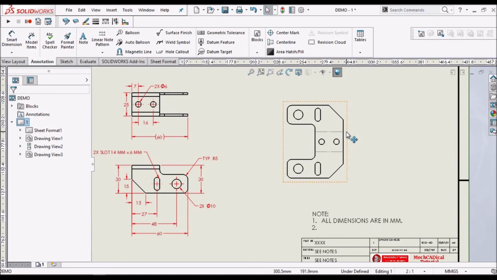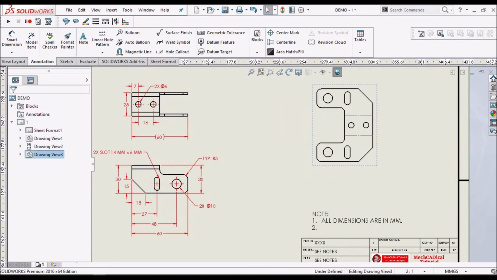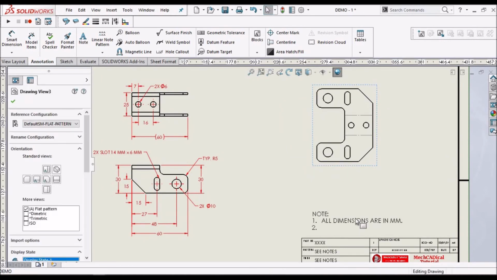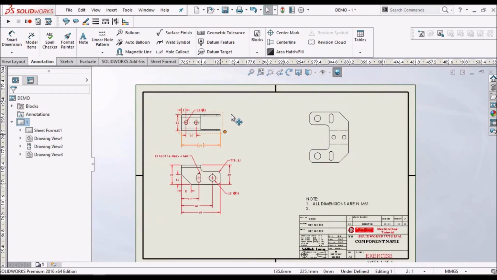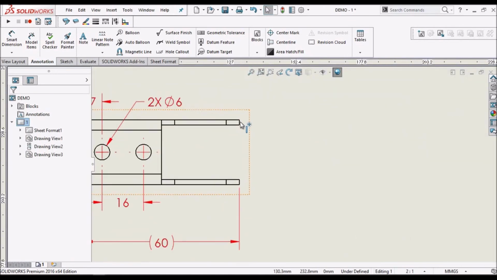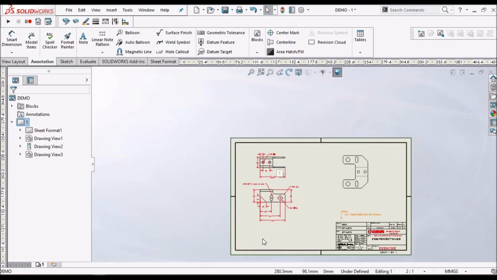So next let's come to the flat pattern. So in sheet metal we should not show sheet thickness here, only we have to mention in the notes.